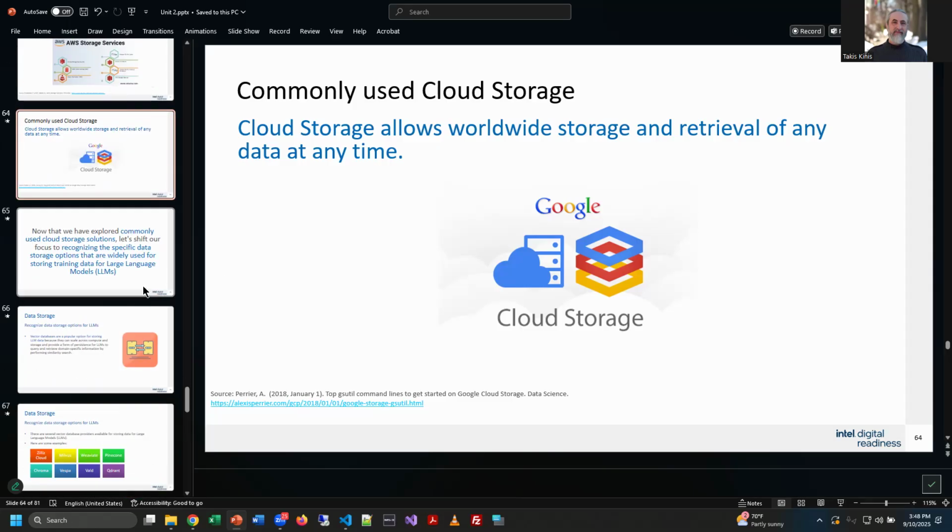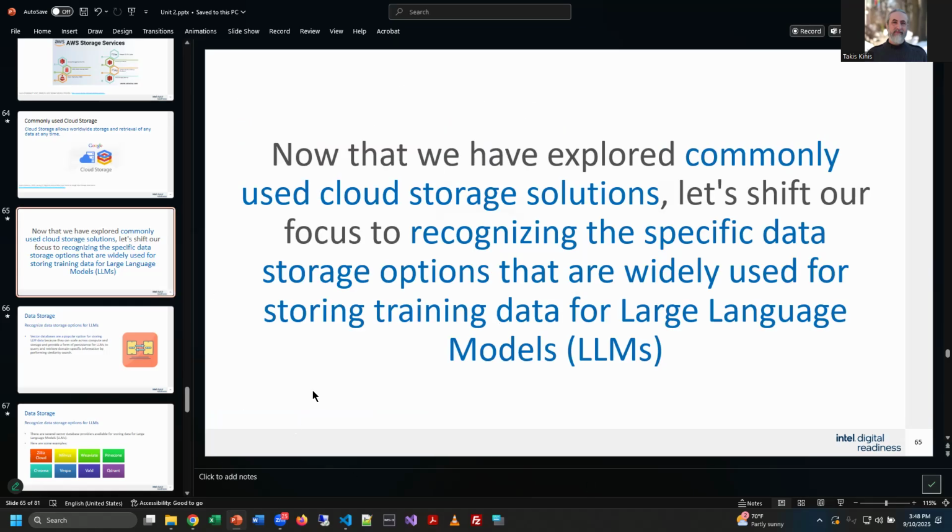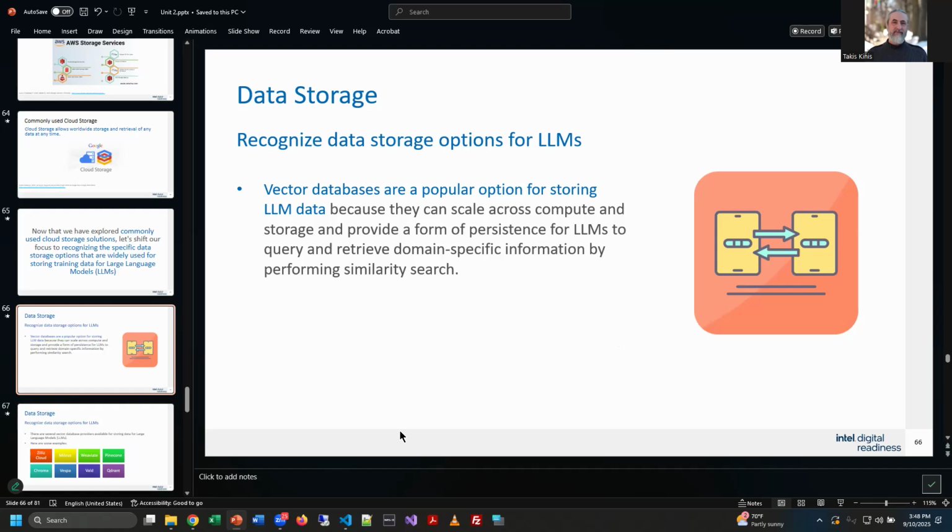And when we're doing large language models, you need huge data stores, and they've got to be scalable too. So this is the other reason why people go to the cloud, is because I can get a certain amount of space, let's say from Amazon or Microsoft or Google, and I'm like, oh, I filled it. Well, I can just ask them for more, pay a little bit more money, and they give me more space, right? And that's one of the advantages to that. It's not like you fill the hard drive and that's it. You just say, okay, I need more, and they give it to you, right?